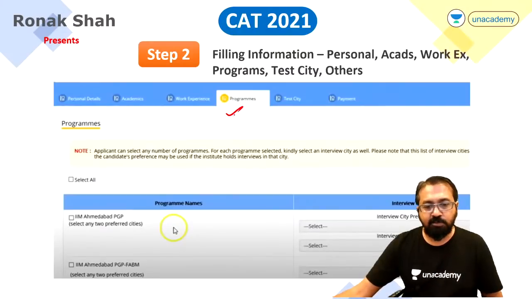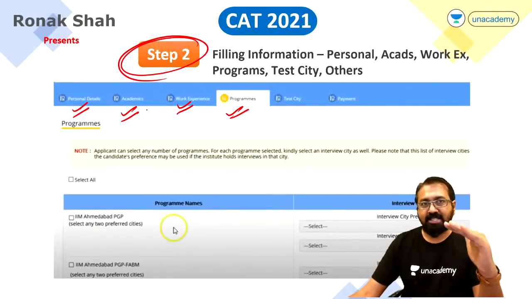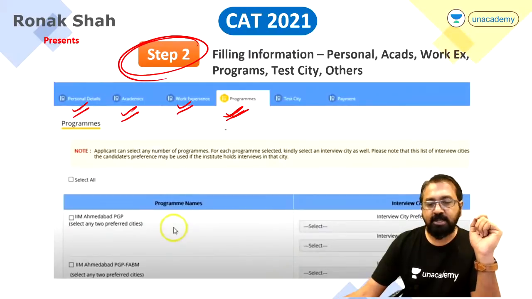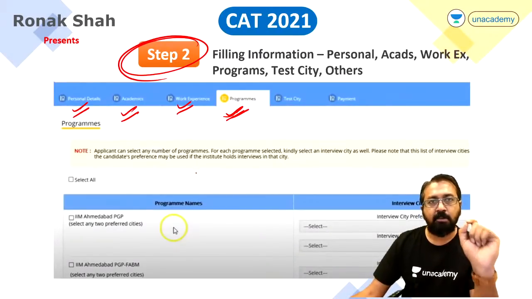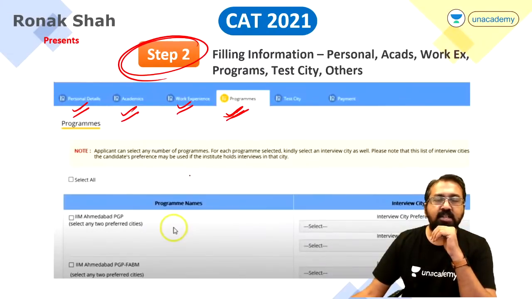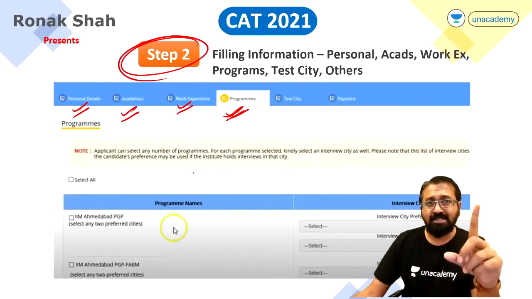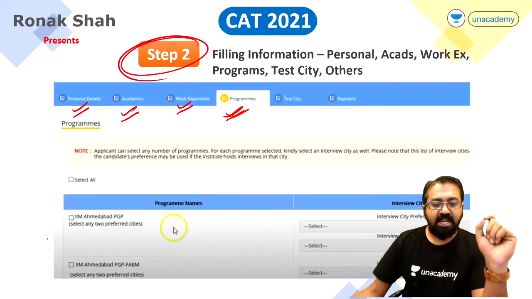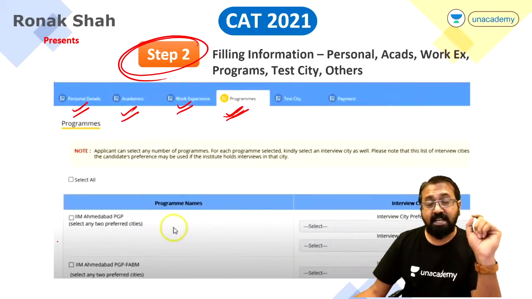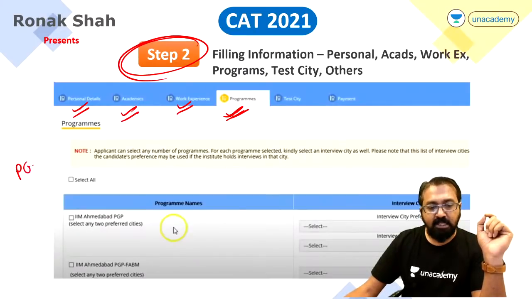Now the next step is programs. So guys, we have understood how to fill personal details, then academics, work experience as part of the second step. We are on the second step, and now we need to understand programs. Now guys, here many students commit silly mistakes. They are well prepared, and what they do is they don't apply to colleges like IIM Jammu, Bodh Gaya, Ranchi, Raipur, Kashipur, and so on and so forth. My suggestion to you is, please select all the programs, please select all the colleges, PGP or MBA or PGPM program,